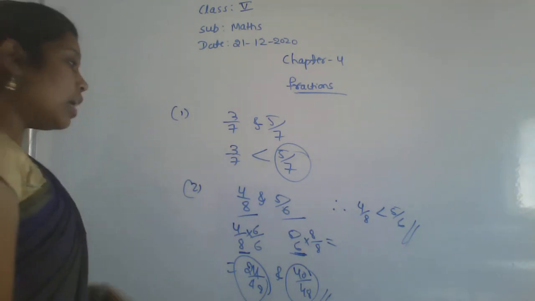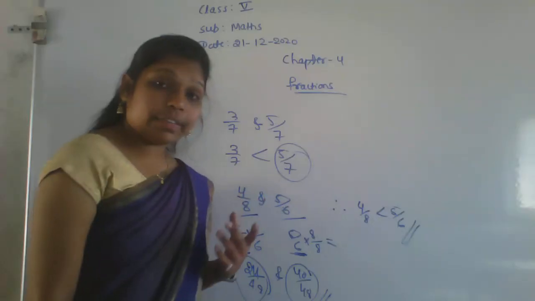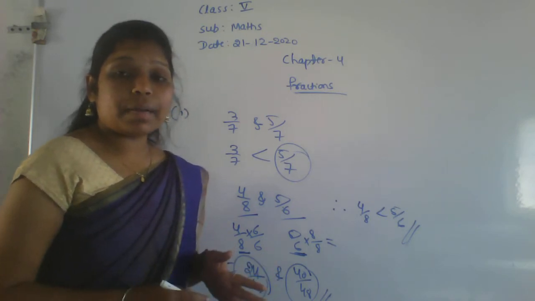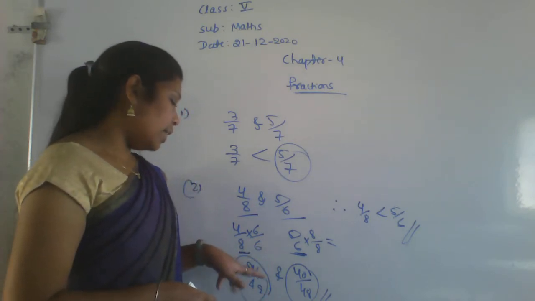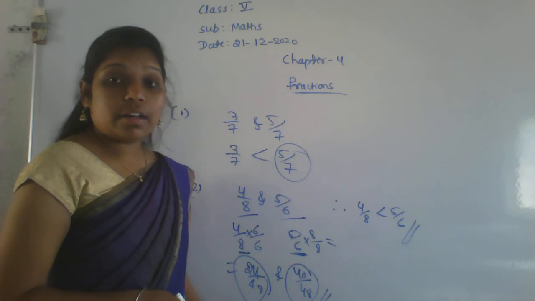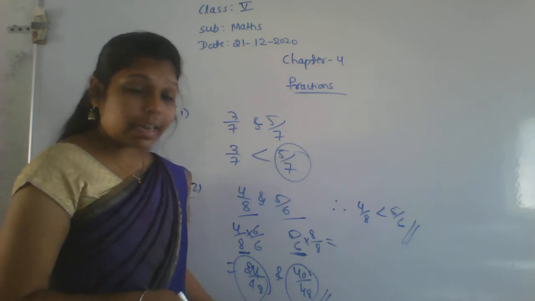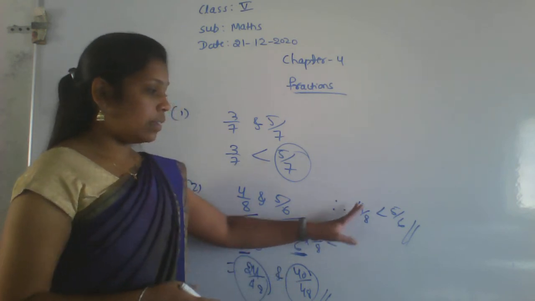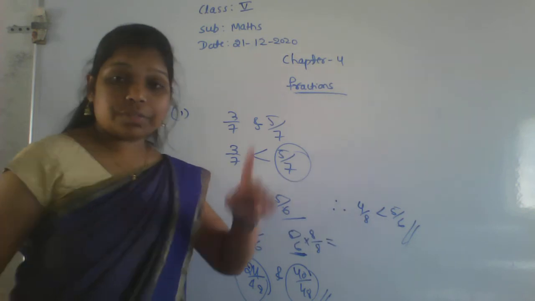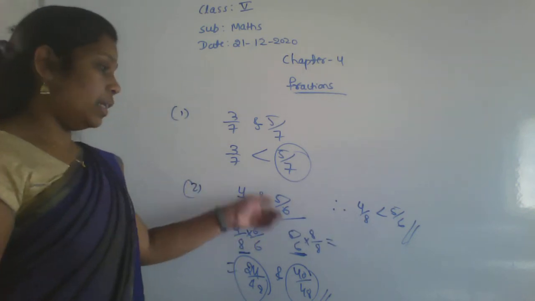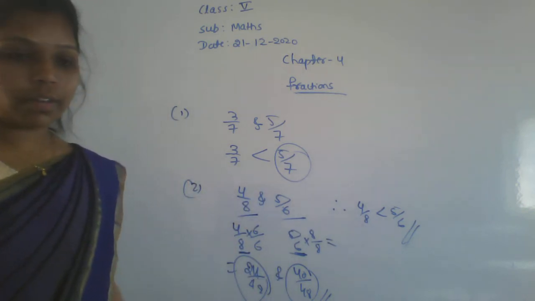Okay, if the denominators are different, then you have to multiply by some number to make the denominators equal. First make the denominators equal. After that we have to compare the numerator values. Whichever numerator is greater, that fraction will be the greater. Okay, so